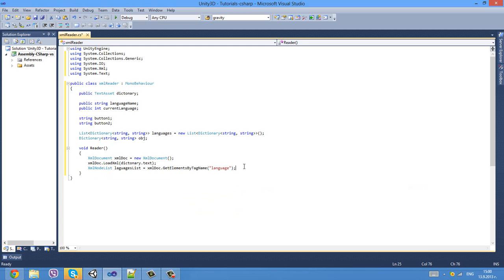Or yeah, language. Now we need a for each statement. What for each basically does is check every single value we give it in a particular list or array. So in this case we need to check every single XML node language value in language list,